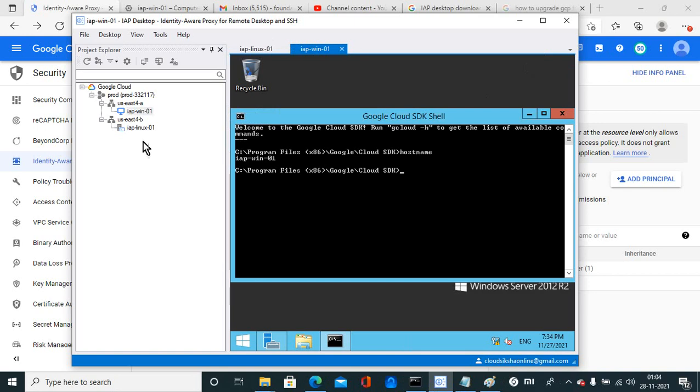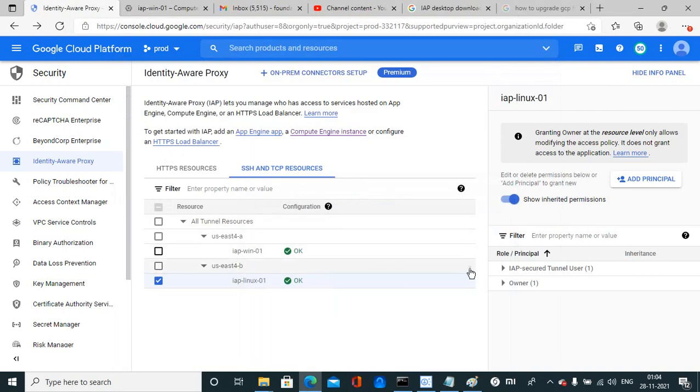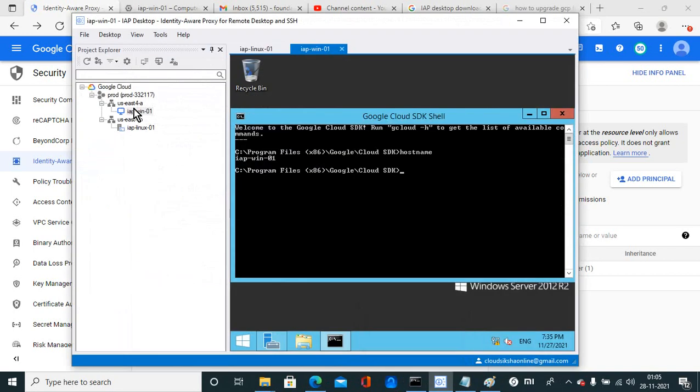Hostname IAPWin01. आपने देखा how I have created the IAP and connected to both my VMs, Linux and Windows, without using the public IP address. Thanks for watching.